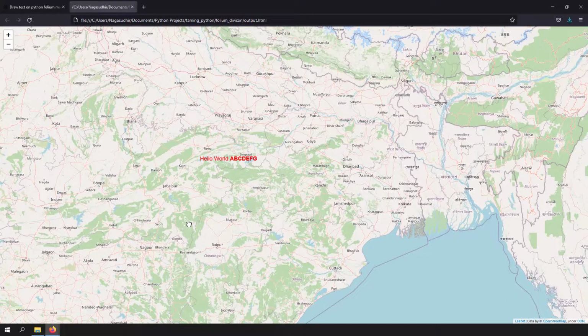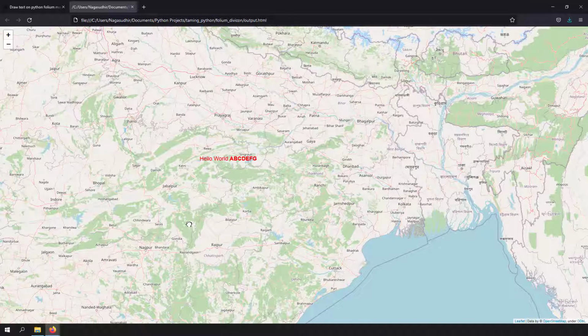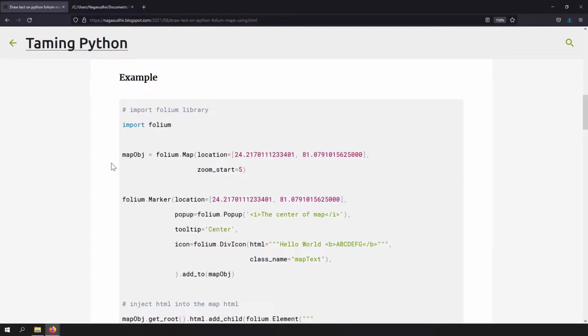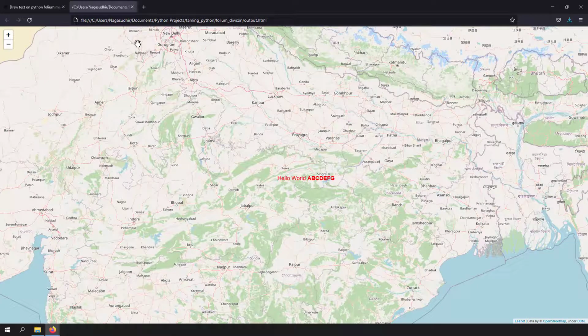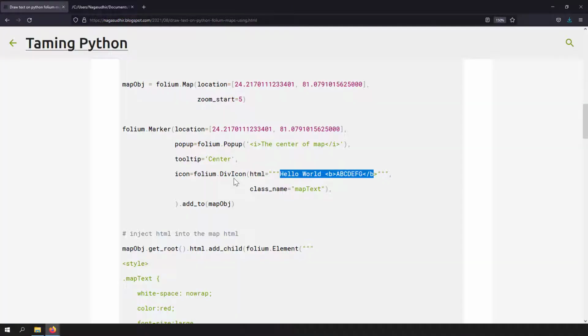So this might be the requirement in some of our projects where instead of markers, we have to write text over the map. So let's see how it can be achieved. Actually, it's really simple. You create a folium.Marker as usual. And now for this case, you create an icon called icon equal to folium.DivIcon. So what you're doing is you're creating a div icon. That means instead of a marker, you can write an HTML div now. And inside the div, you can write your content, whatever you want. And in my case, I've written a text. And that's why I've got this text instead of a marker. So this is how you can achieve this text marker effect using the folium.DivIcon on a folium marker.